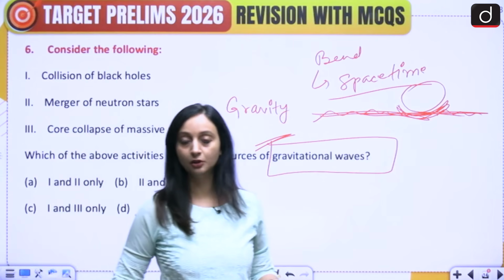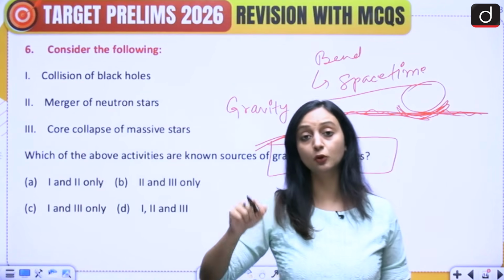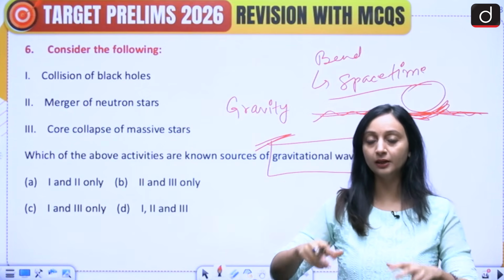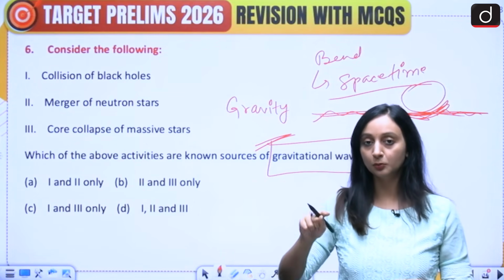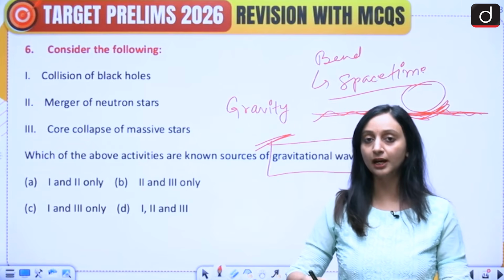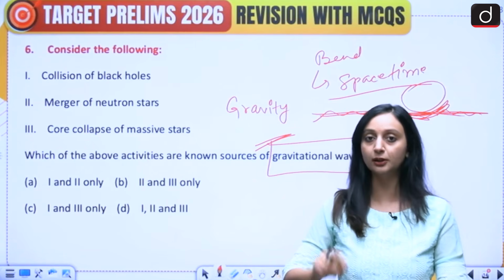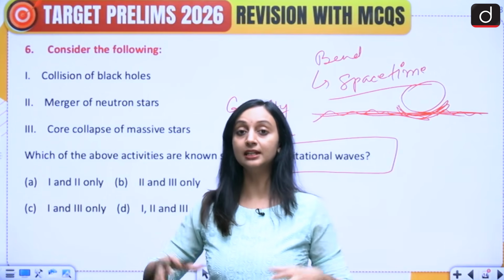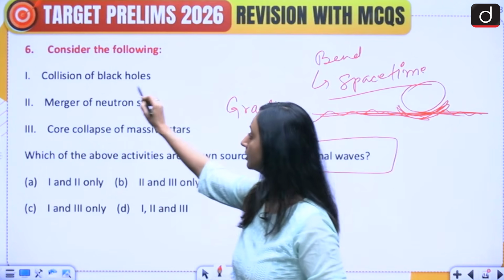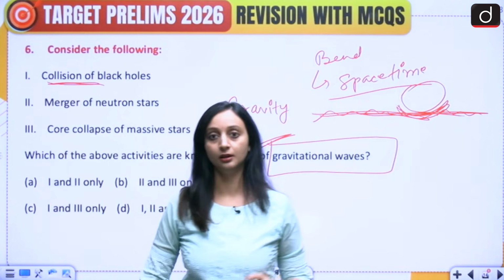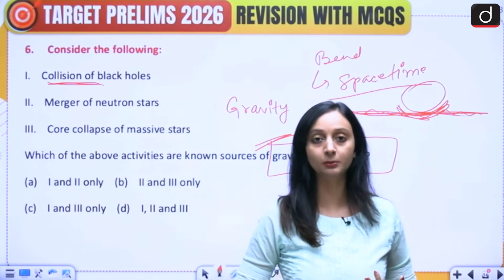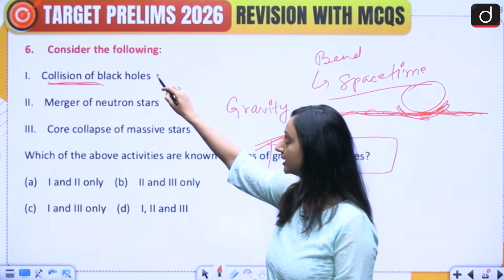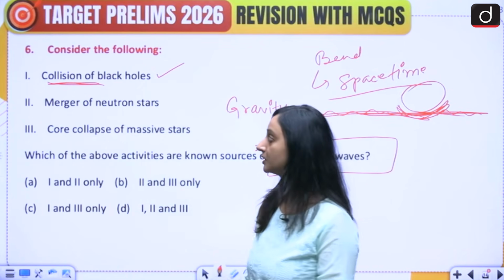And how will that happen? Some sort of collision or explosion can take place. If you move that rubber sheet, if you put your finger and try to do something on it, waves are going to be created. So in the general physics sense, when we look at some sort of collision, ripples will be generated. Which waves? Gravitational waves. So the collision of black holes, yes, generates gravitational waves.